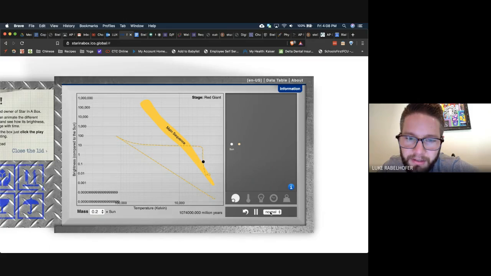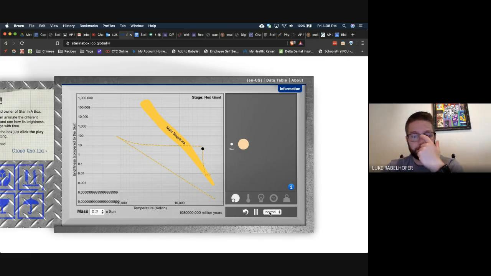So you can see actually these ones last a really long time. Many, many, many times longer than the sun. So the smaller the star is, actually the longer it lasts. But you can see it's going to get bigger and bigger. And it's basically going to do the same thing the sun did. So small stars basically do the same thing the sun did, but it takes much, much, much longer for it